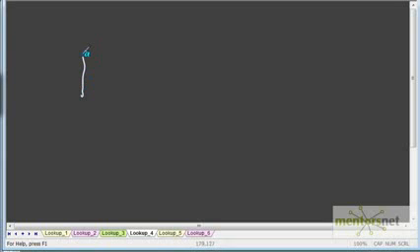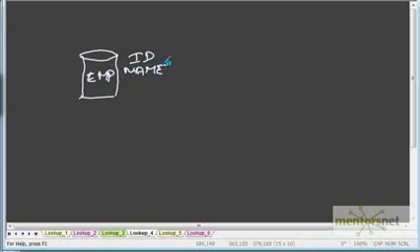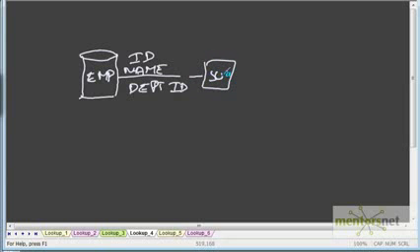If I have an employee table like this with ID, name, and department ID, the source qualifier would be there next to this, and I can pass from the source qualifier, connect the lookup, and then connect to the target.